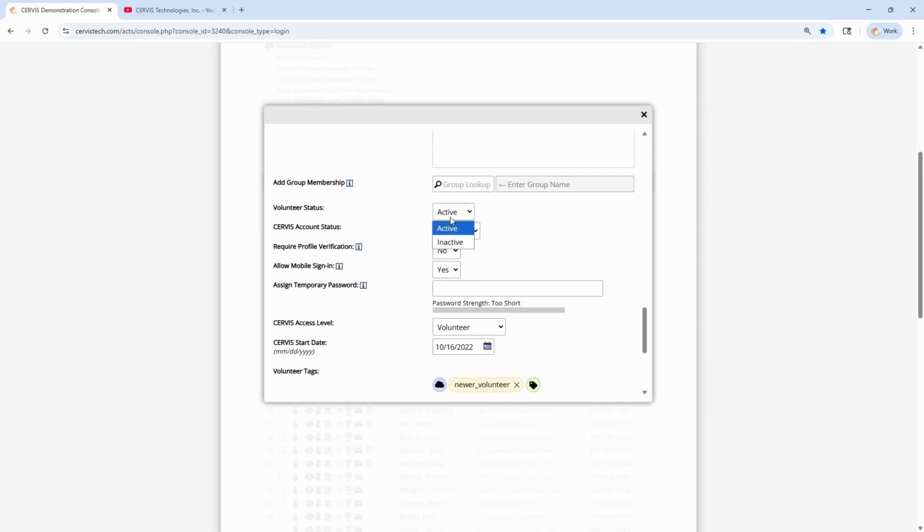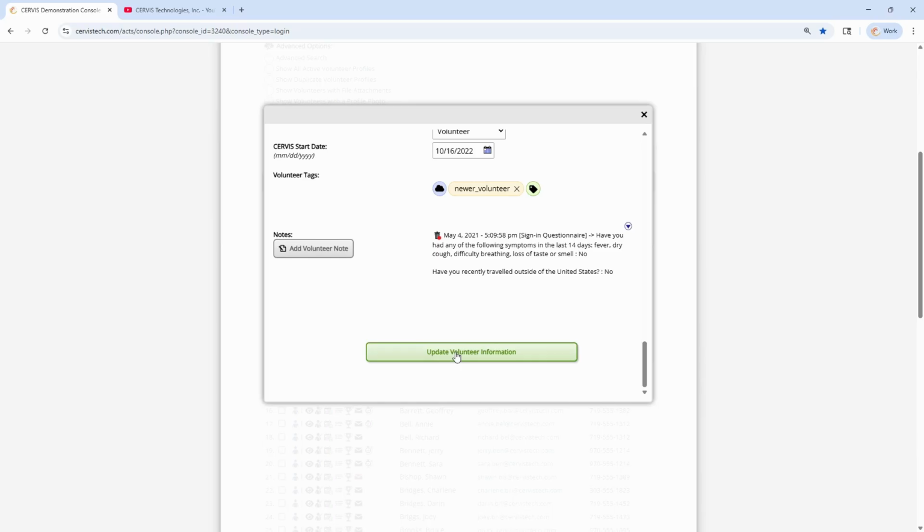So if we mark this person as inactive, which CERVIS never does automatically, you might want to do this on an annual basis. Go through and identify inactive volunteers. If you want to learn more about that, we usually talk about it at the end of year. In December, we did a webinar on refreshing your database, and we ran through how to identify inactive